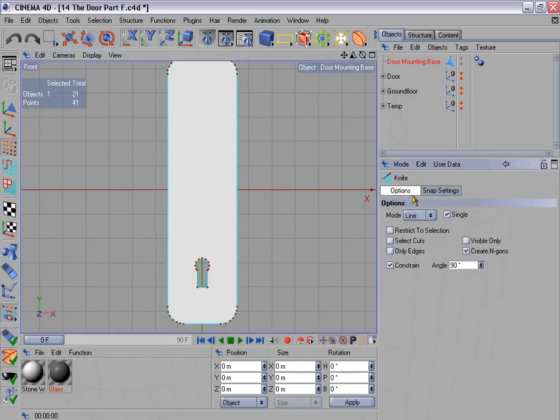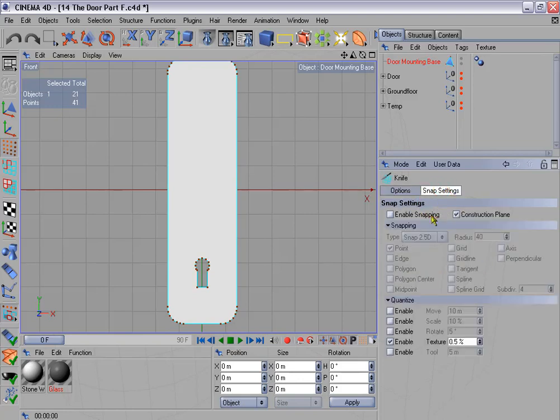I'm going to use the same settings here that I used for cutting the ground floor wall. So restrict selection should be deactivated. We want to create n-gons, and I'm using the constraint option here with an angle of 90 degrees. On the snap settings tab, enable snapping. Make sure that the type is set to snap 2.5D, and I'm going to snap to points, and maybe I'll bring this snapping radius down a bit to 30. Okay, and so